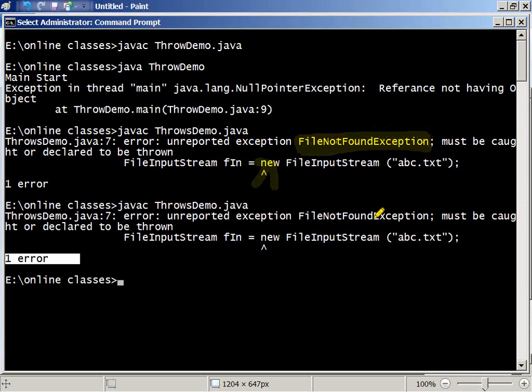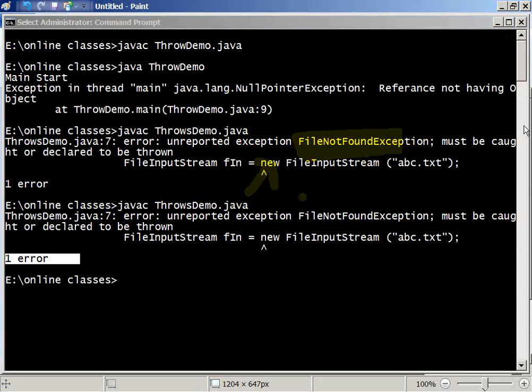And that problem is the FileNotFoundException. So this class is reporting to whom? It is simply reporting, boss, I don't know whether the file is there or not. If the file is there, I can provide the service. But if the file is not there, I cannot do anything, I can just throw such a problem to you.